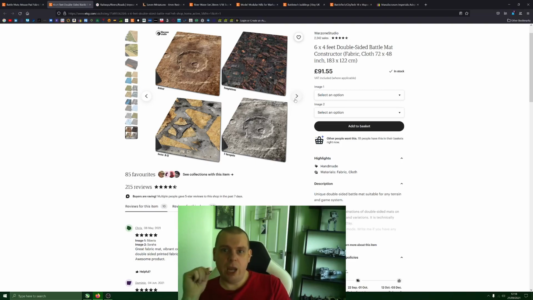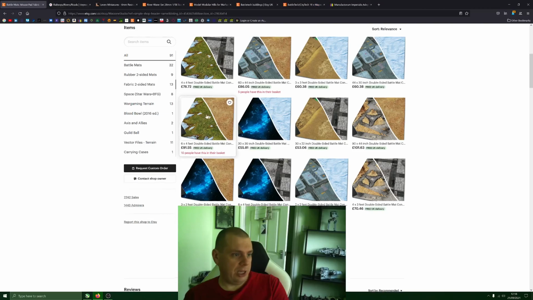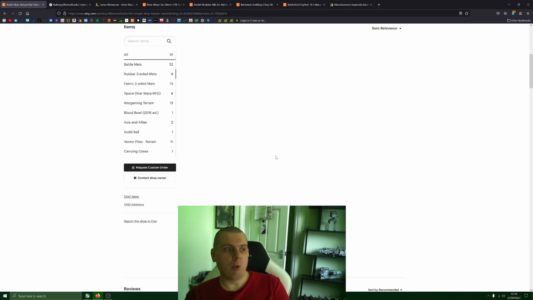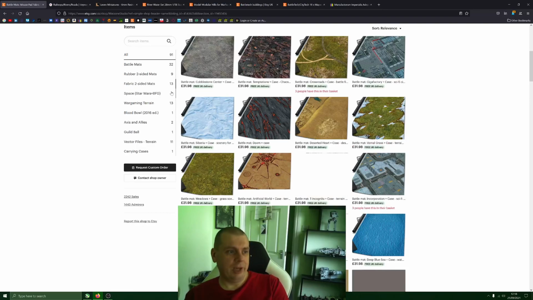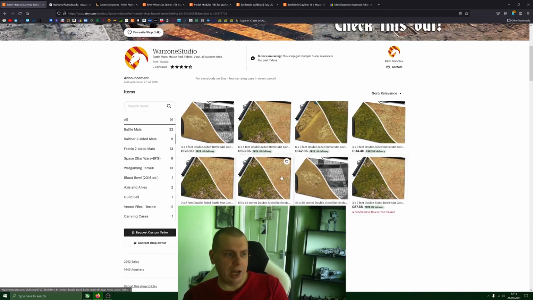It's very, very high quality fabric. So it's better fabric than you'd have on a dining room table. If you want to upgrade, you can also get the rubber variants. These are quite expensive though, but they'll be very, very high quality. For some reason this isn't working anymore, but it doesn't matter because they all look the same anyway. There we are. So yeah, the rubber ones are significantly more expensive. So 6x4 is £153, but again, you get